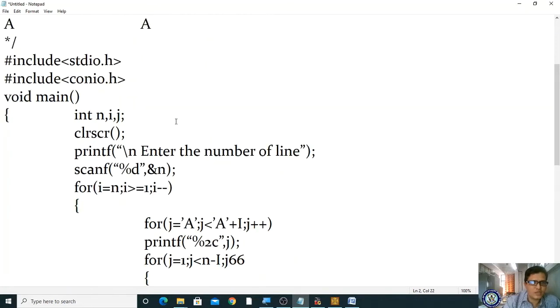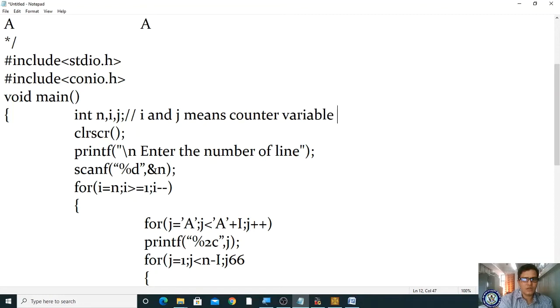For that, first understand what we are actually writing. We have declared three variables. From now onwards you know that if you are using i and j, it means the nested for loop concept, with i and j as counter variables. Any nested loops are possible.